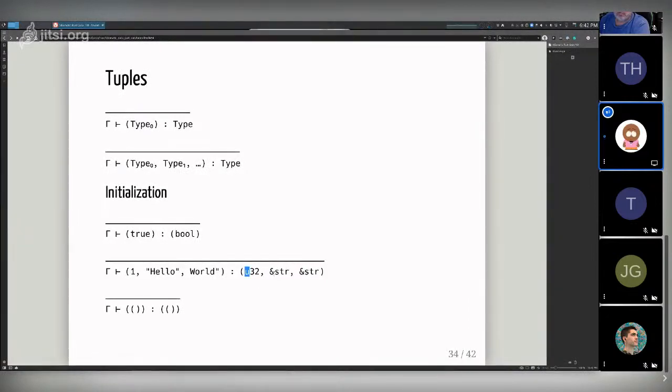A str reference, right? And so Rust will be able to determine the type of the tuple based on inference of the types of the things it contains. So you don't have to be explicit here. And then you can also have a tuple of null, and the type of that is itself. This is one of the weird cases, but if you've used Result quite a bit, you may run into this. It's very confusing when you see it, but it's a thing that you will see sometimes in Rust.